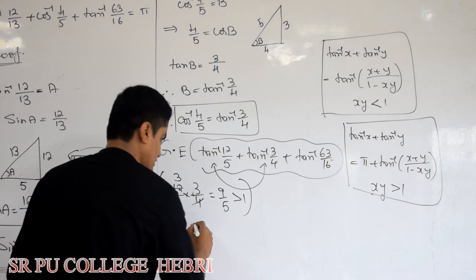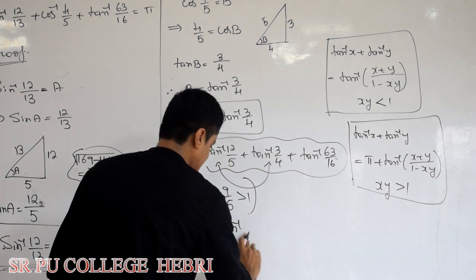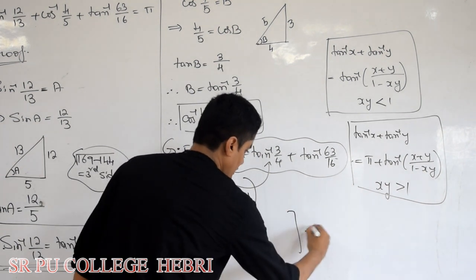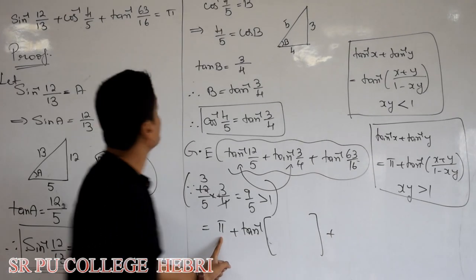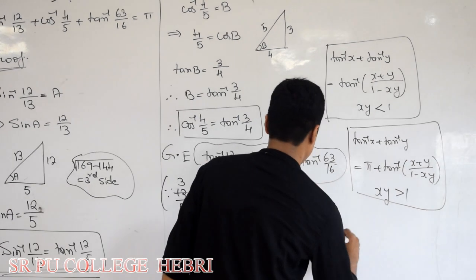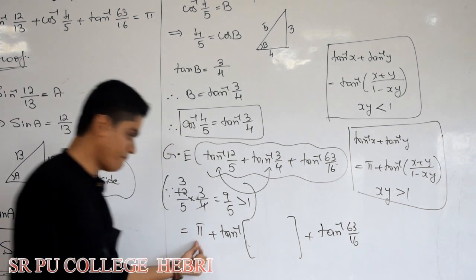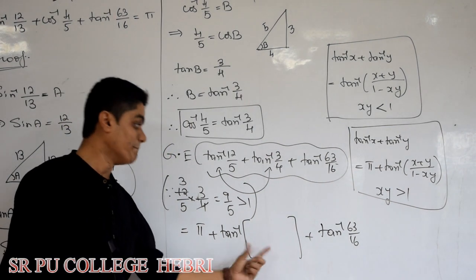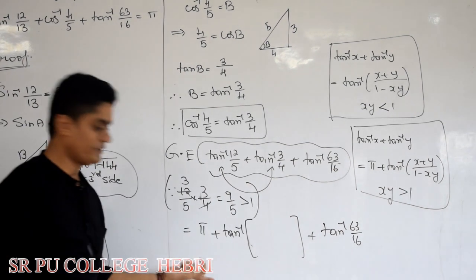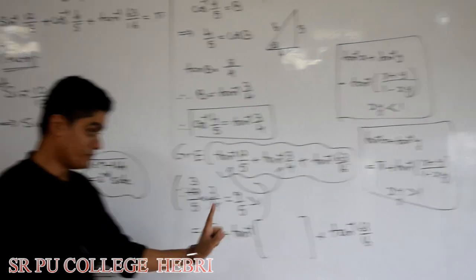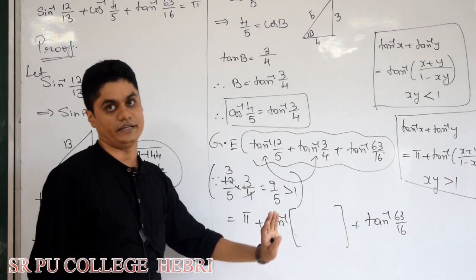So the sum of the first two terms is pi plus tan inverse of something. See here also you can use the answer. What is the answer you should get? Pi, that already we have. And which is the third term? The third term is tan inverse of 63 by 16. So to get pi, this term should be minus of this. If you get this term as minus of this, finish, work is completed, right? So be careful, remember that. Because if you know what you should get, then it is easy to get, okay?